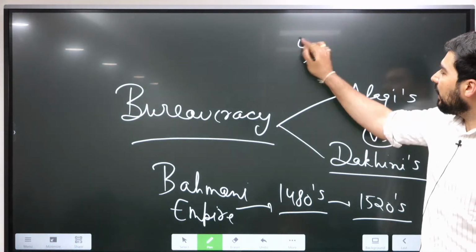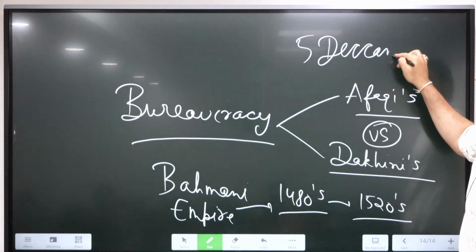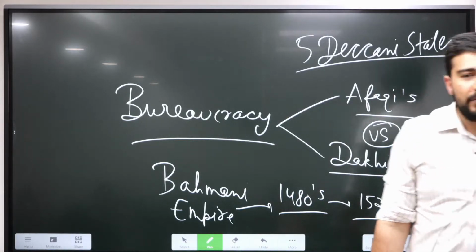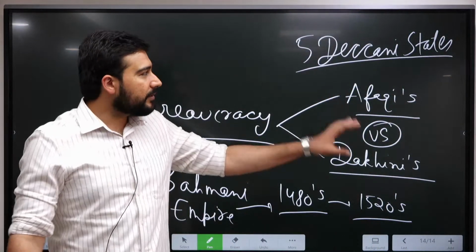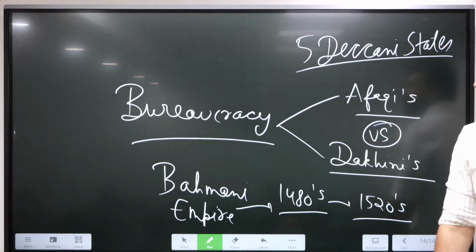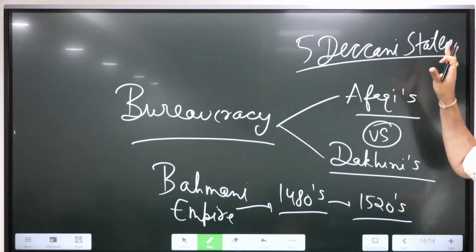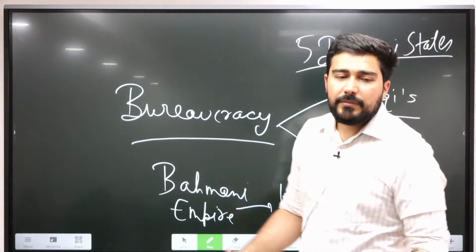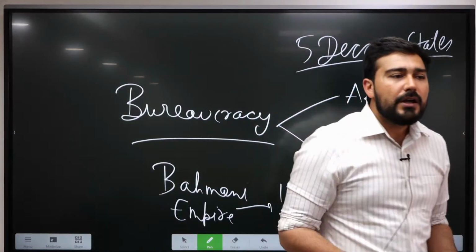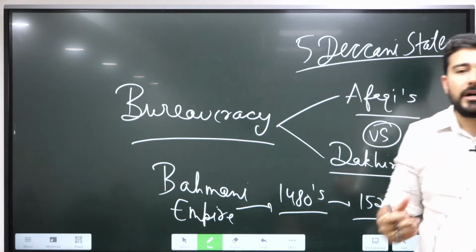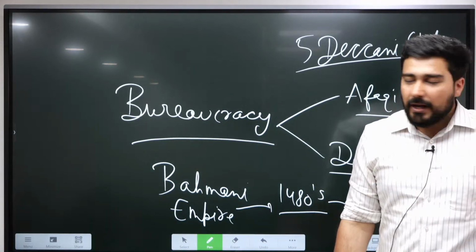These 5 Deccan states continued the rivalry with Vijayanagar. So Vijayanagar was still alive. The Rajas of Vijayanagar used these Deccan states against each other. Sometimes they would form an alliance with Bijapur and fight with Ahmednagar, sometimes with Ahmednagar and fight with Berar. So this is how all these Deccan states were being controlled by the Rajas of Vijayanagar, and they realized